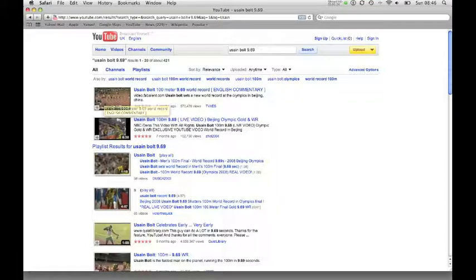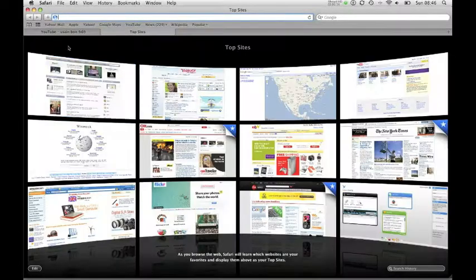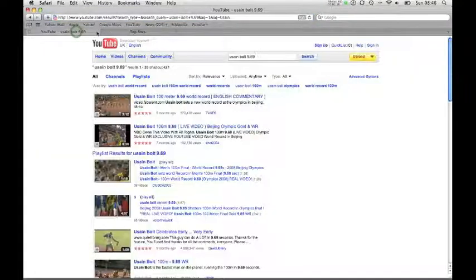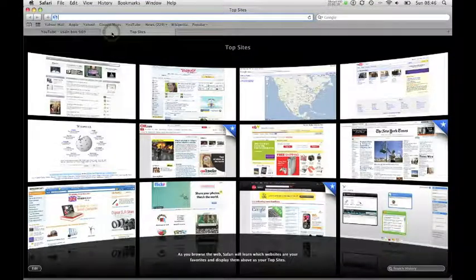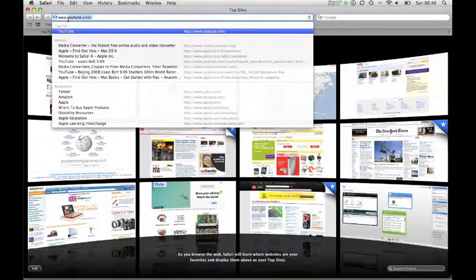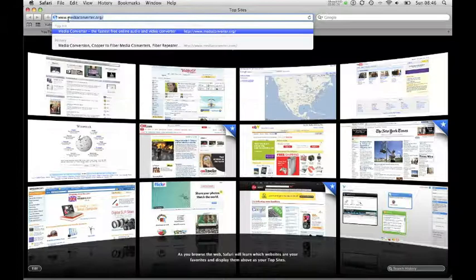Now what we need to do is find a way of getting the film off the internet and onto our computer so we can access it whenever we want. So I'm going to open a new tab by pressing Command T, and you can see I can toggle between the YouTube page and a second page. For the second page I'm going to go to a site called MediaConverter.org